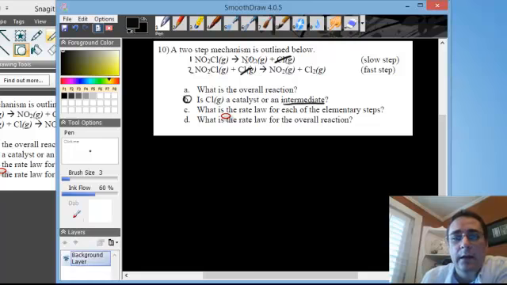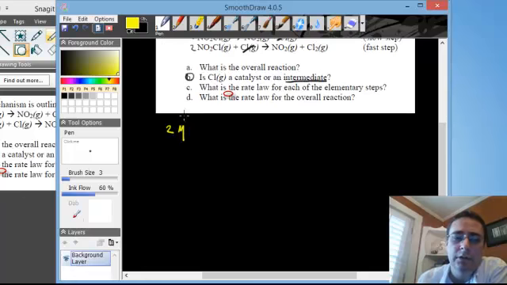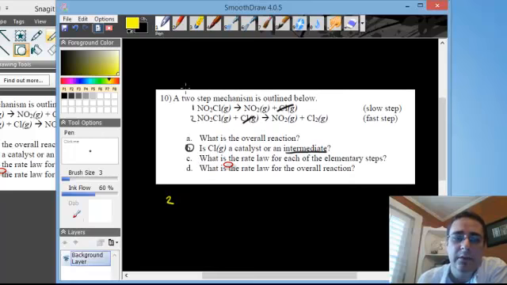So the overall equation ends up being 2 NO2Cl, because you have one here that you're using in the first step, and you're using a second one here in the second step,